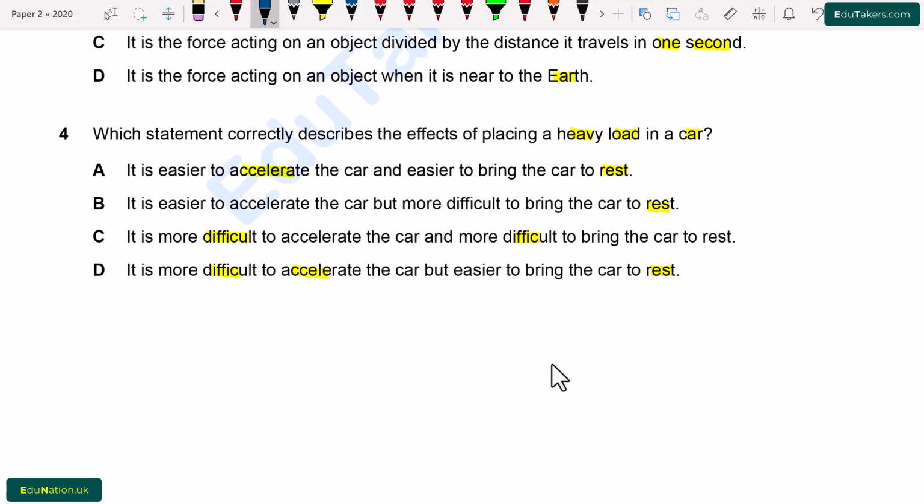So first of all, consider that there is a car at this position and there is also a heavy load that is placed in this car. So what will happen? The mass of this car increases. When the mass increases,